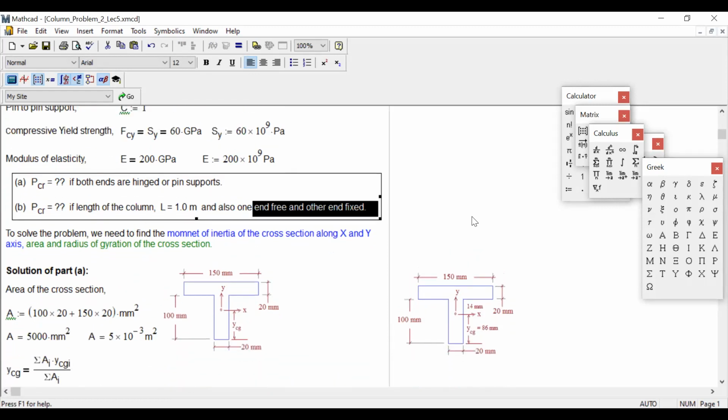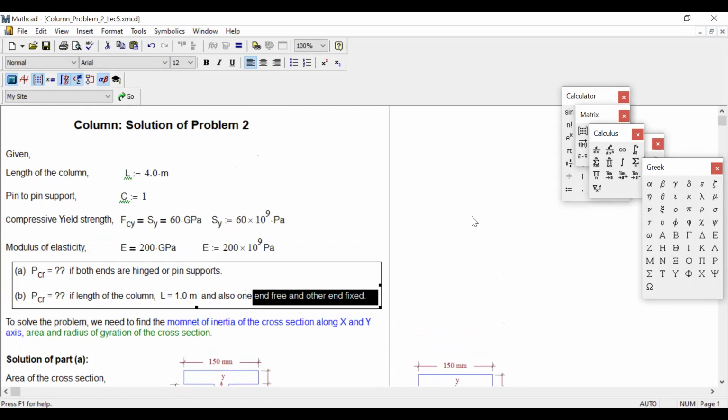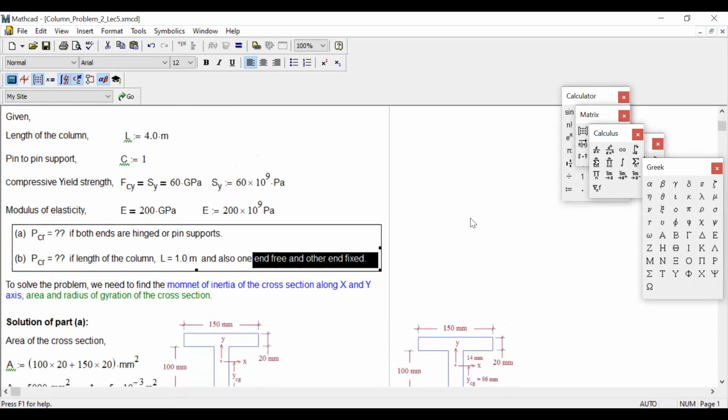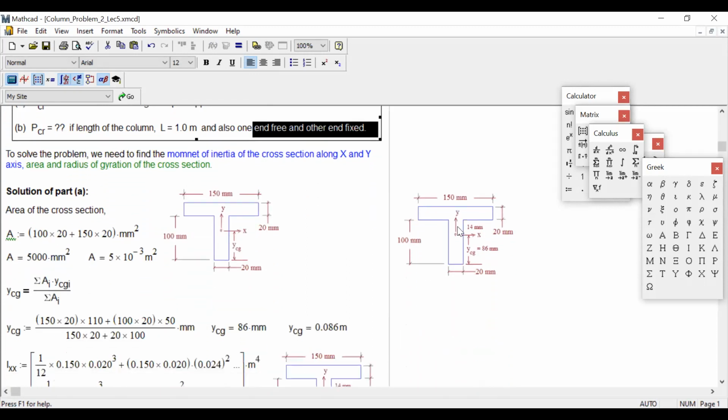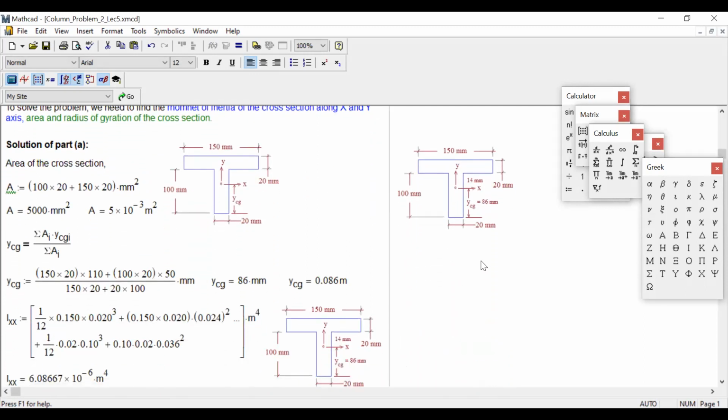So you see, to figure out L by K critical, we need to figure out the I. Without calculation of I, you cannot do anything. Also, you need to figure out the area of the cross section. So area you can easily figure out. You just divide the cross section area by 2 segments, right? So I figure out area is this much millimeter square. Then convert it in meter square. Okay. Now